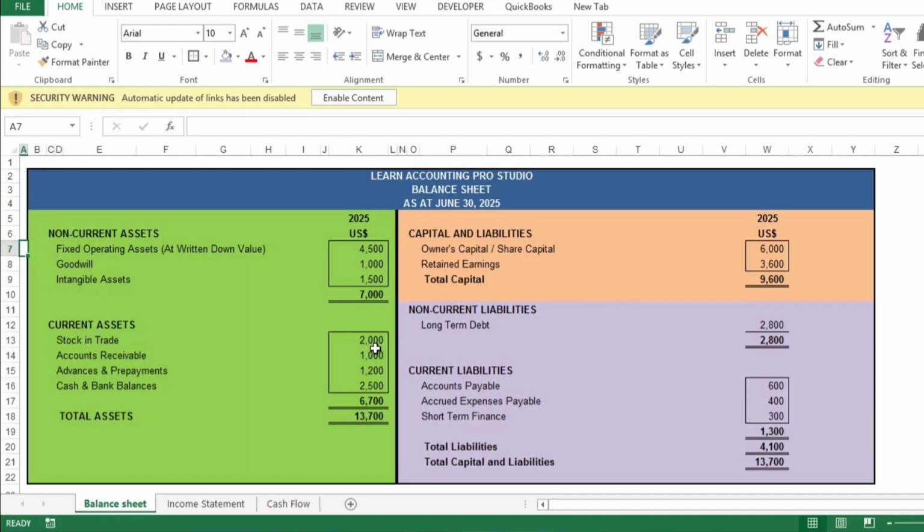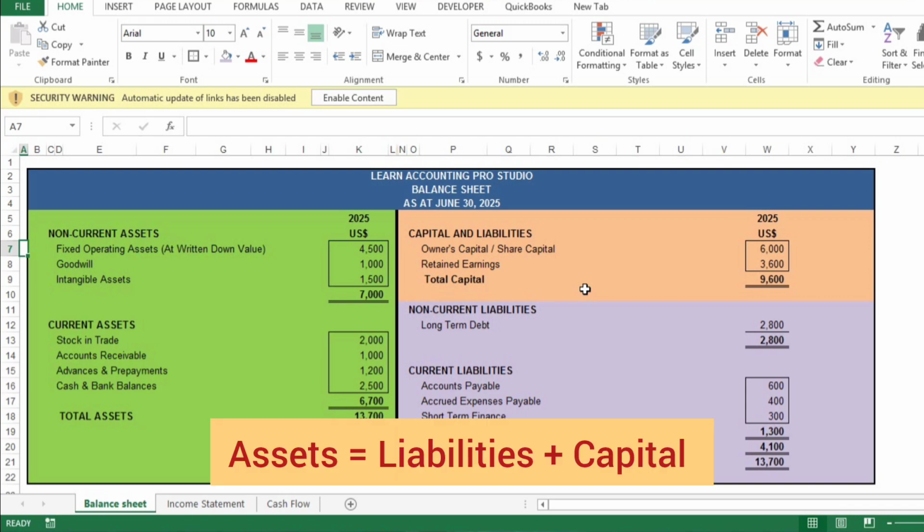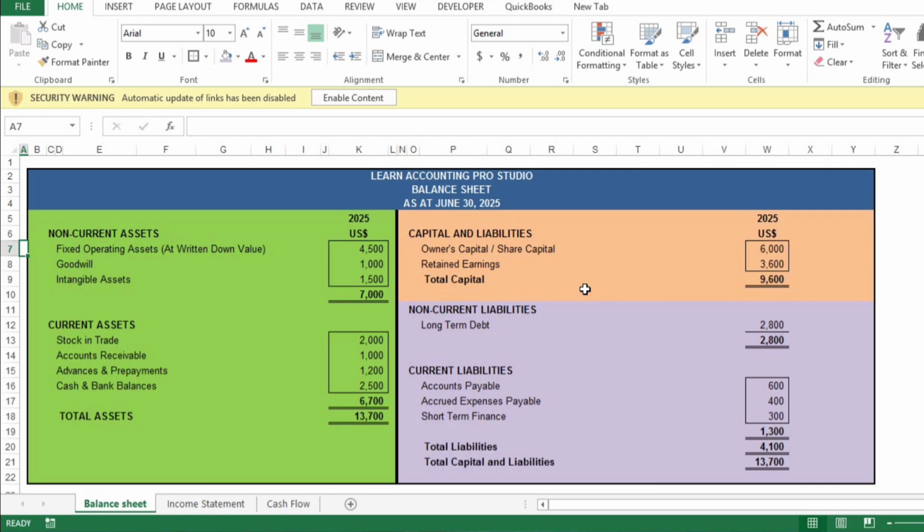बैलेंस शीट के 3 बुनियादी हिस्से होते हैं: एसेट्स, लायबिलिटीज़ और कैपिटल। बैलेंस शीट को कंट्रोल करने वाली मास्टर इक्वेशन ये है: एसेट्स इज इक्वल टू लायबिलिटीज़ प्लस कैपिटल, यानी एसेट्स हमेशा इन दोनों के बराबर होने चाहिए। इसी बैलेंस की वजह से इस शीट को बैलेंस शीट कहा जाता है। ये भी याद रखें कि बैलेंस शीट एक पॉइंट इन टाइम स्नैपशॉट होती है, जैसे किसी कंपनी की नेटवर्थ की एक तस्वीर। इसलिए जब आप बैलेंस शीट देखें तो उस पर हमेशा एक स्पेसिफिक डेट लिखी होती है, वही दिन जब ये तस्वीर ली गई थी।